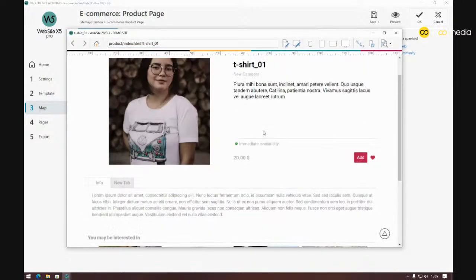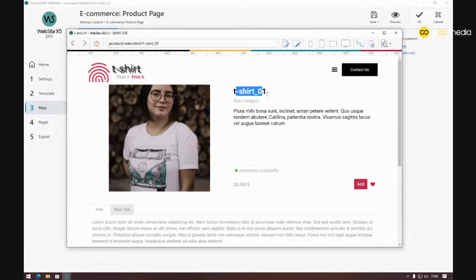So this is the product page we've readied for you. This is actually the product page you're going to be getting if you choose to start a new project with this template I'm showing you. This is actually one of the free templates you're going to find included in the software. So if you want to try what I'm trying right now out directly, you should be able to do so. As you can see here, you've got your price for the product, you've got your add to cart button,